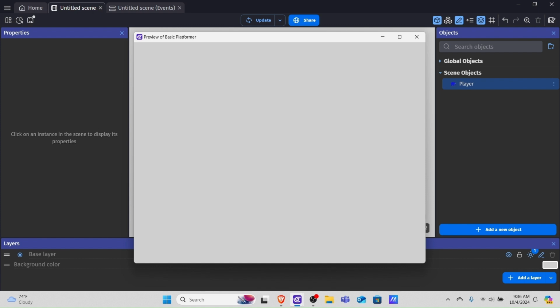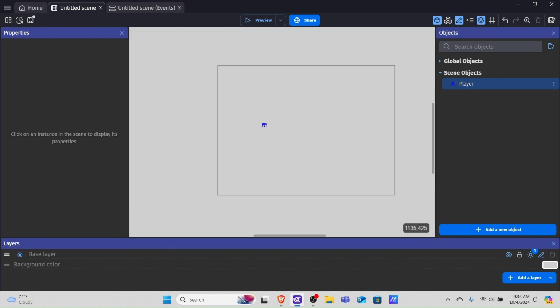Now, the first thing that you'll see is that your player will immediately start falling into an endless void. It's still falling, but we can't see it right now. But it just keeps falling. And that's the good thing, because now we know that our player is actually working. Our behavior is working. Now we need to add a platform that our player can stand on so we can start moving and exploring the different aspects of the behavior in the next part. So before we get into the next part, we're going to add a new object first,